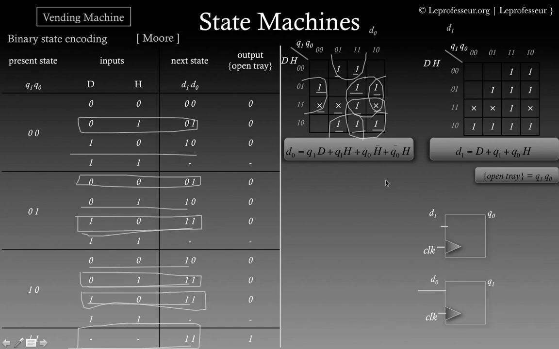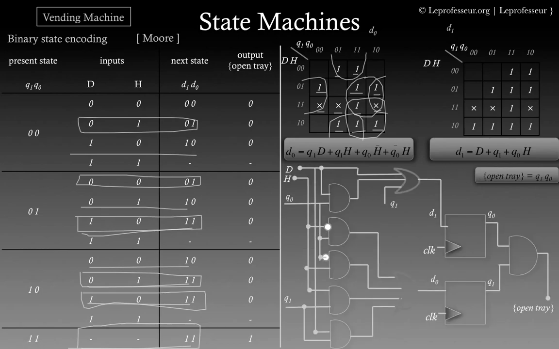Now let's put these equations in terms of gates, logic gates. Fairly simple. It looks like a big diagram, but it's fairly simple. Say we found the equation for D1, and we implemented this